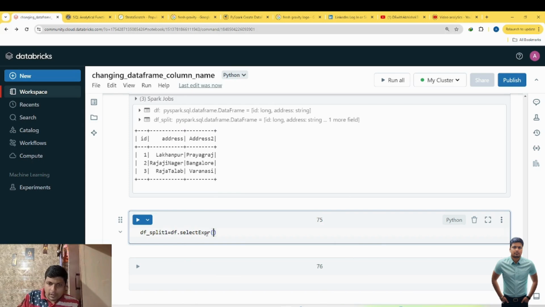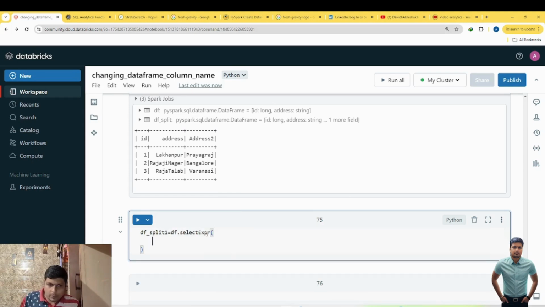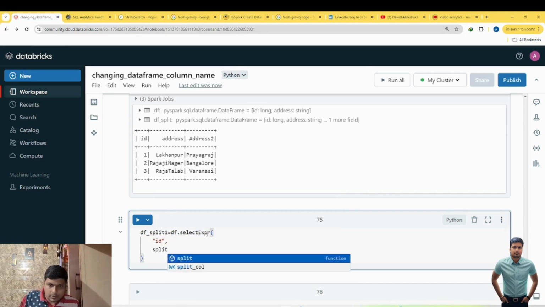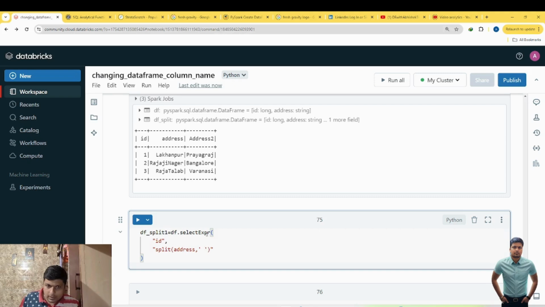In the select expression I will open the bracket and give the id, comma, then split. I will give the address here, comma, the space here, and then I will give 0, comma